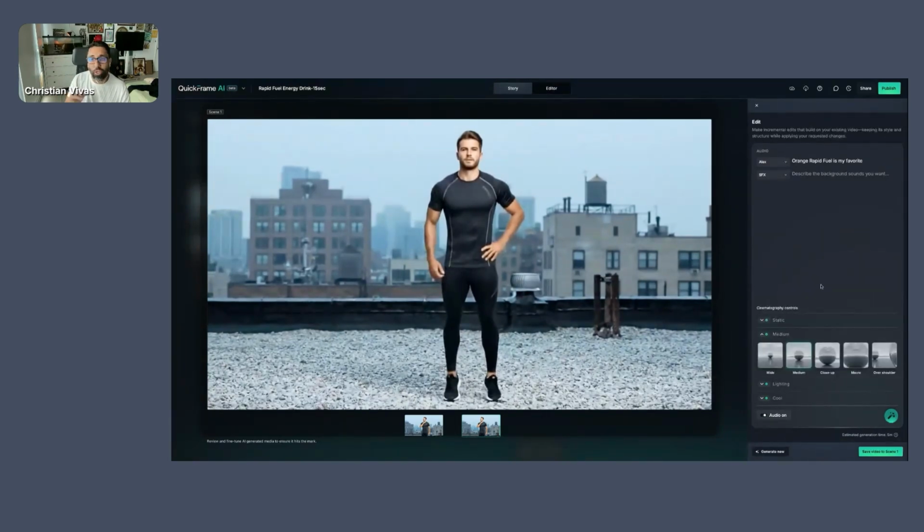We also have shot composition controls, which allow you to make this a wide shot, just in case you wanted to see a little bit more of this frame. You can choose close-up, macro, or over the shoulder, whatever you would like to select there. We also have lighting controls, just in case you wanted to make lighting a little bit different from the scene. You'll be able to do that here. And also mood. This will be able to give a cool, warm, dramatic, or a daylight mood to the shot.